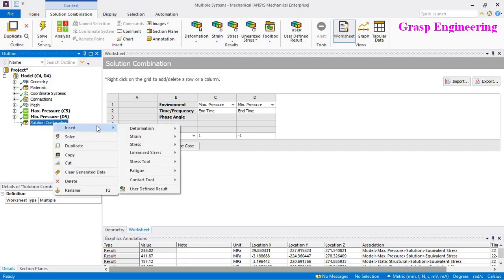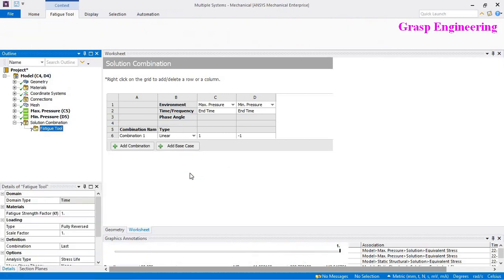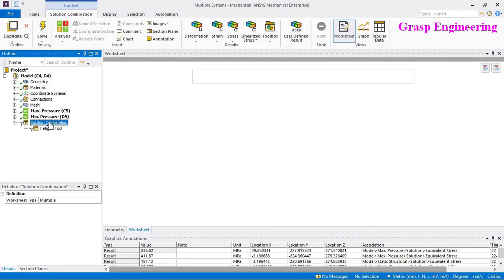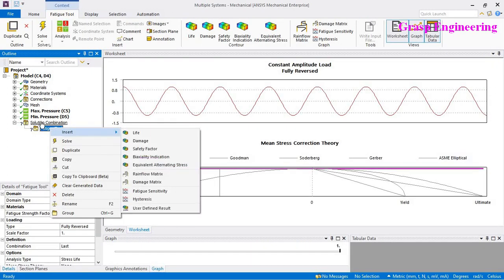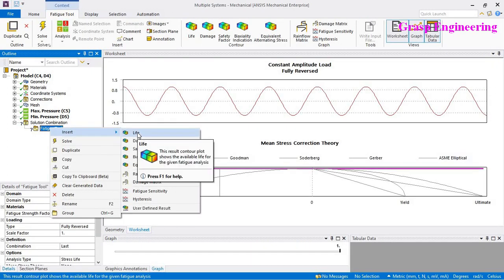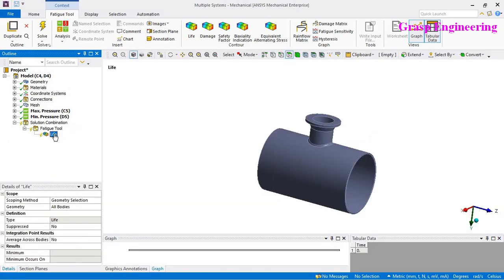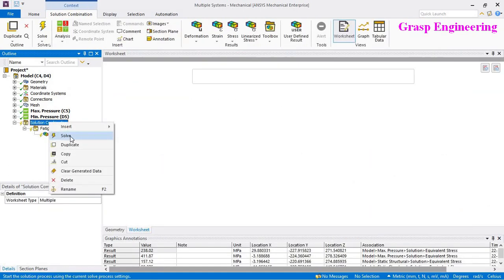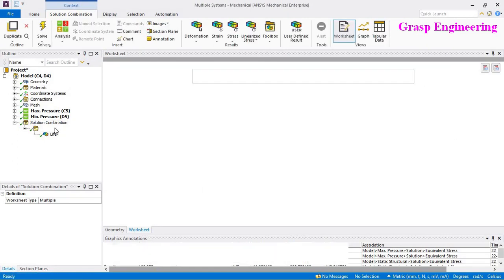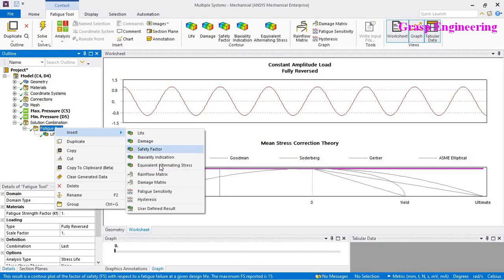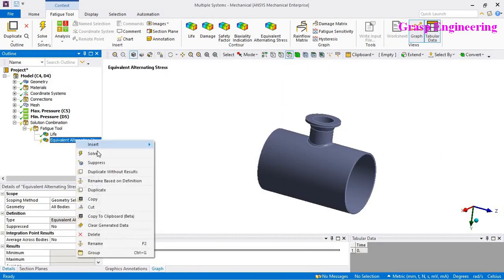So here let's define the fatigue tool. If you want fatigue tool, then you just need to right click solution combination, and here you can define first the life, and then right click and solve the results. So before the life, let's see what is the equivalent alternating stress.